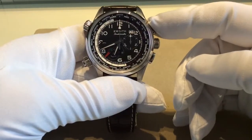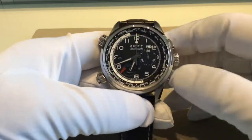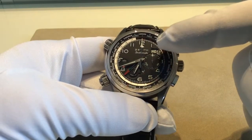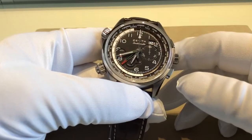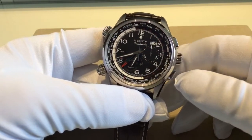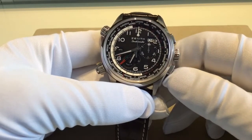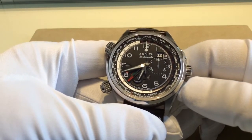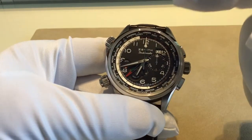We've got big date, chronograph. We've also got a world time feature. Now, the world time is made up of obviously the hour and minute hands, but also we've got this little disc here which runs around the dial, and it's white and black. White signifies daytime, black signifies nighttime. So currently the time in the UK is now 20 to 7, and you can see on the black dial we're in sort of the nighttime mode. Although it's summer here, obviously it's not dark now for a few hours, but it shows on that dial there